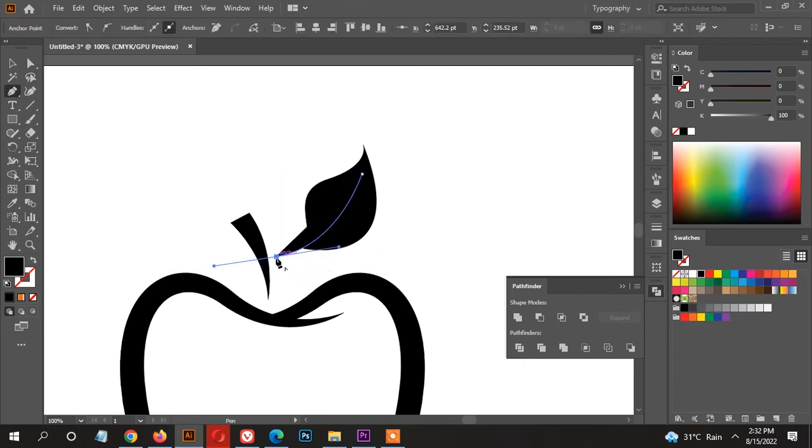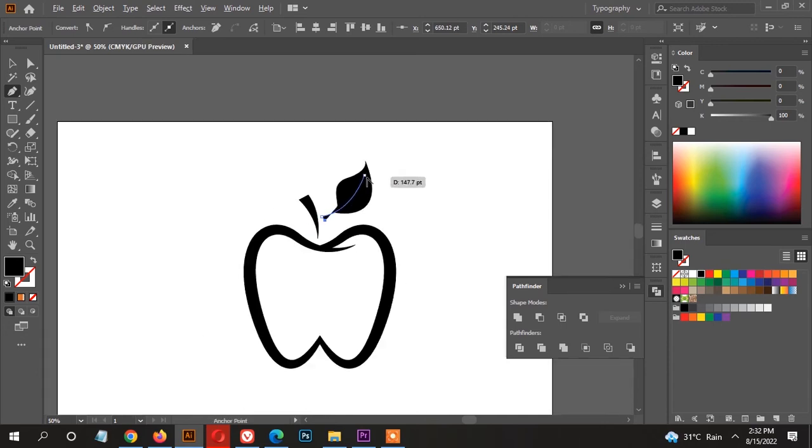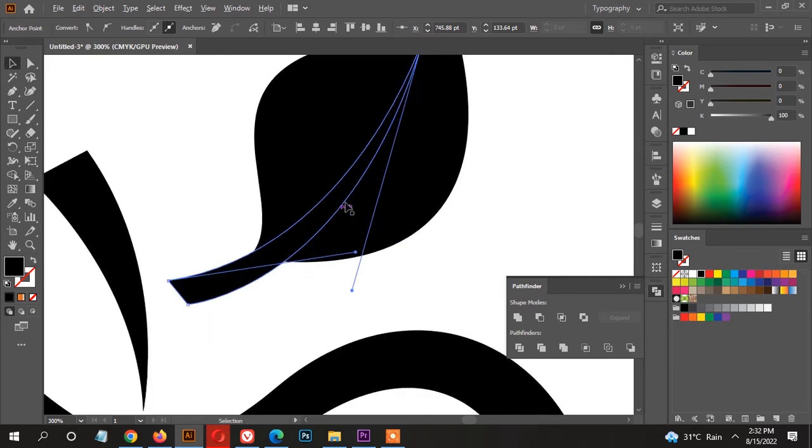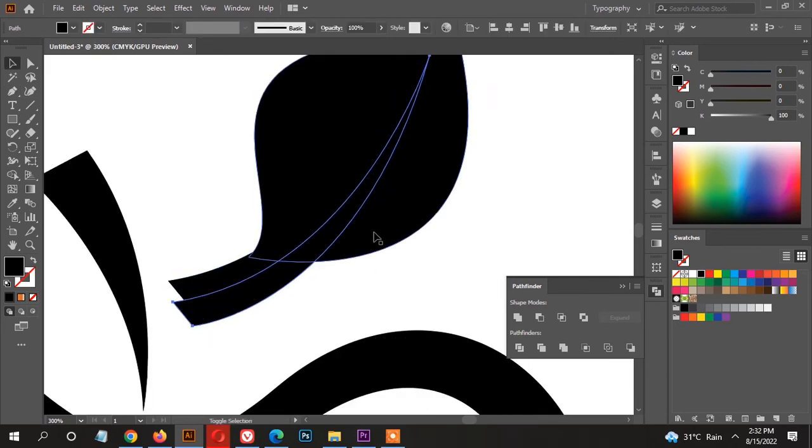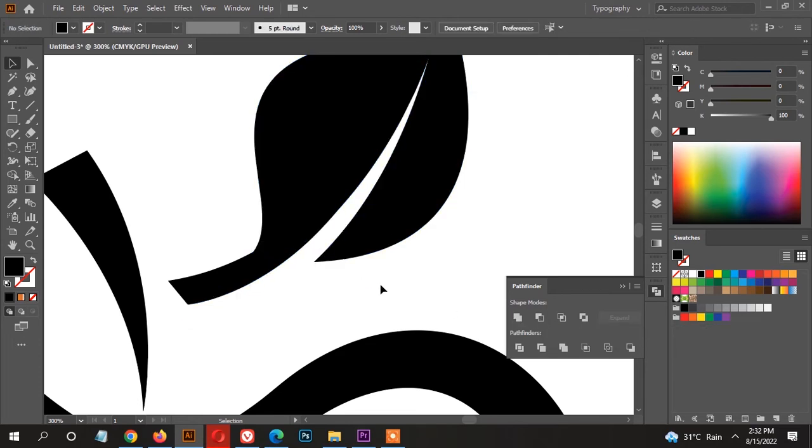the leaf's stem, so creating this type of shape, and then select the shape and create a copy of it, and now select the shape and leaf shape, and now go to Pathfinder and Minus Front. Okay, now select both these shapes and unite these, and now Direct Selection tool, select this one and a little